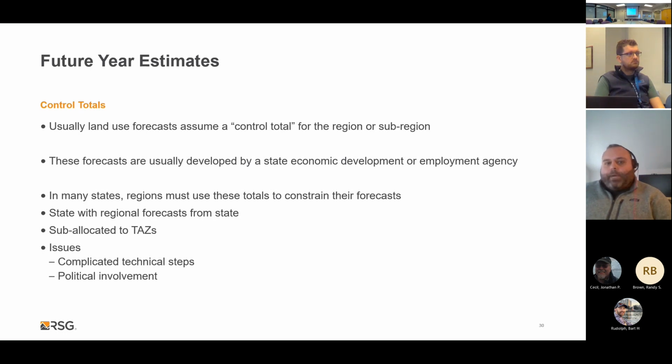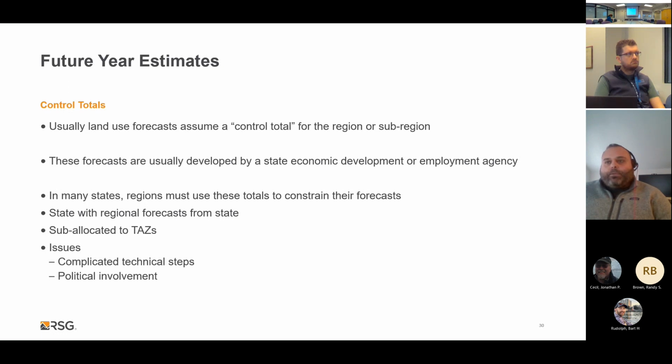So in my region, we had parts of our region that were growing at very rapid paces. We're talking 10 to 15% growth rates. And so the landscape was changing really rapidly, but there were other areas that were stagnant and other areas that were declining in population. And so we often would run up against political issues where an economic development agency or a mayor's office didn't really want to show that their region was declining in growth. And so you can get into complicated political steps with these processes.